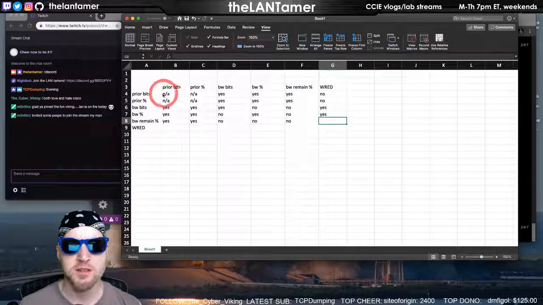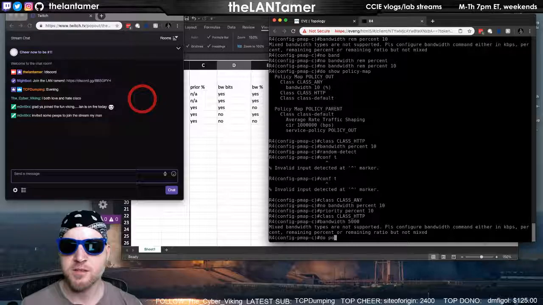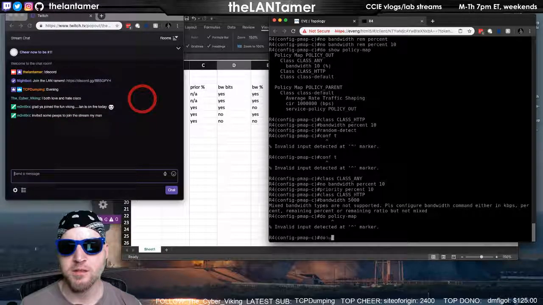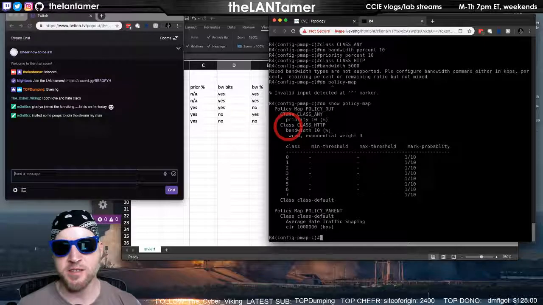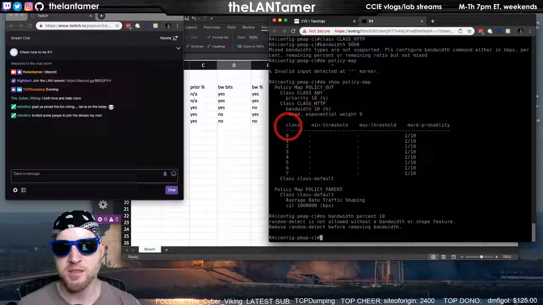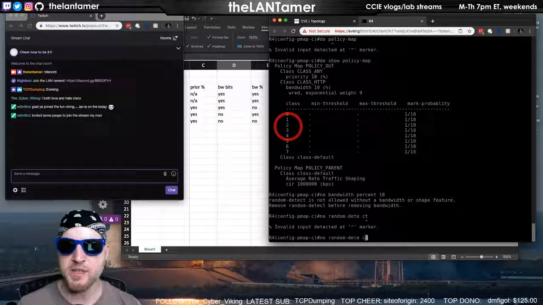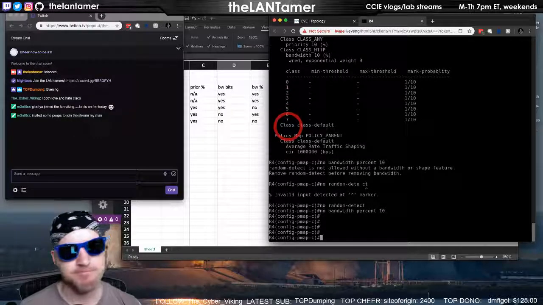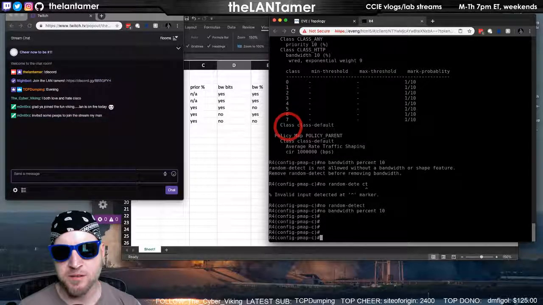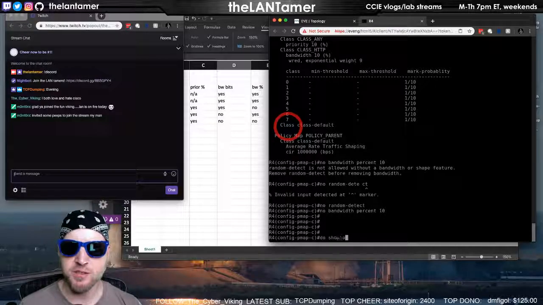Oh, wait a second. Interesting. Oh, because I'm mixing it in the class. No bandwidth percent 10. No random detect. See, even though it gives me the warning, it lets me put it on there, which is very frustrating and very user unfriendly. Do show policy map.